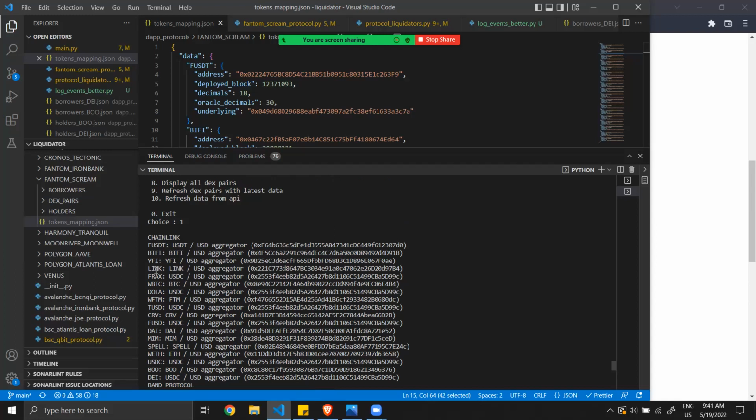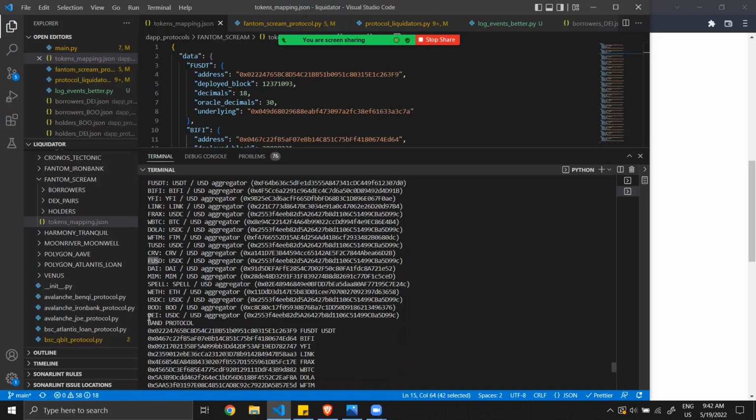BFI is also good, but you see on Frax, they return the price of USDC/USD, because they may have assumed that both are stablecoins. So it's okay if we return the price of USDC for Frax? Actually, it's not. Same for DOLA, same for TUSD, same for FUSD, and same for DAI.